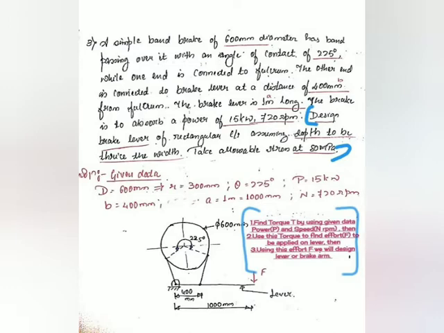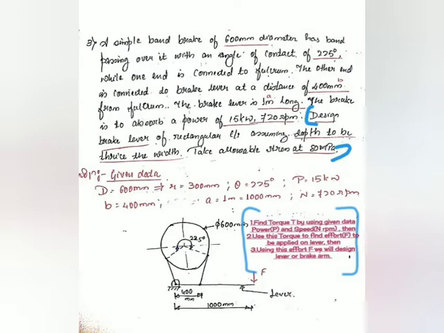And we have also shown the angle of contact, 225 degrees, in the given figure. So our given data is satisfied with the figure we have drawn. Along with it, effort F is applied on the lever, which is shown. So this figure you need to draw by reading the question. So this is the basic diagram of a simple band brake.